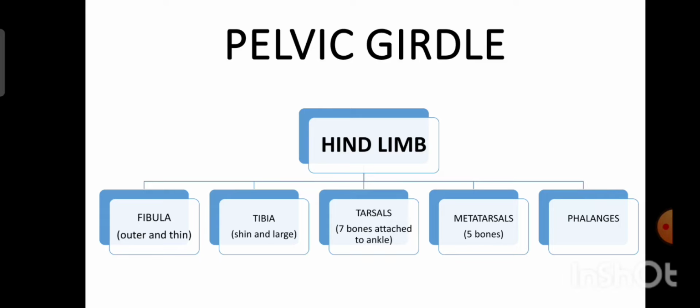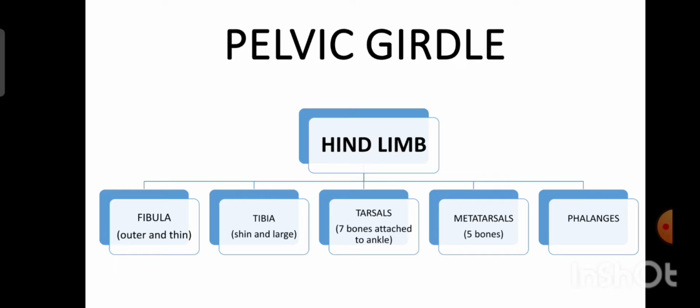Femur or thigh bone is a long bone with a head which fits into the acetabulum. Patella or the kneecap is embedded in a long tendon which runs over the knee joint. Tibia or shin bone is the large bone in the leg. Fibula or the outer bone is a thin bone, joins the tibia just below the knee joint and just above the ankle. Tarsals are made of 7 bones which are tightly attached to form the ankle.